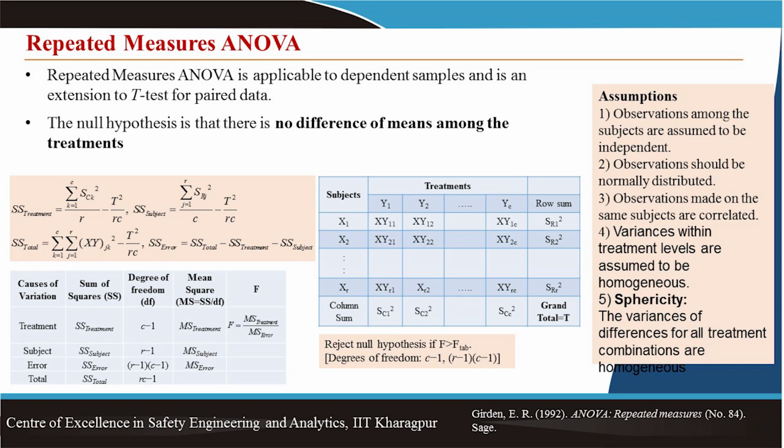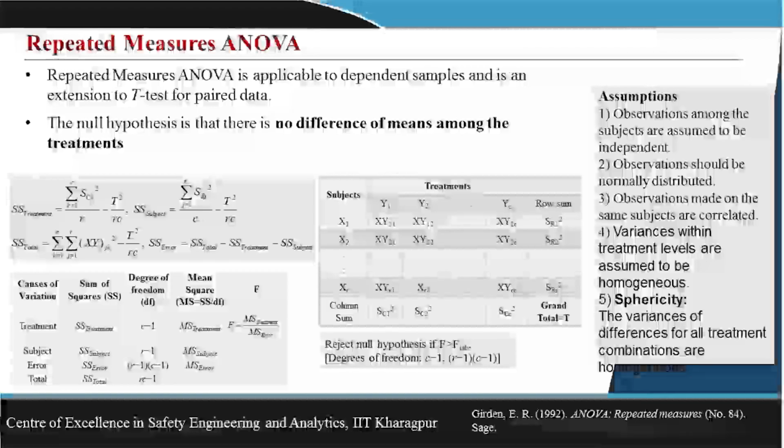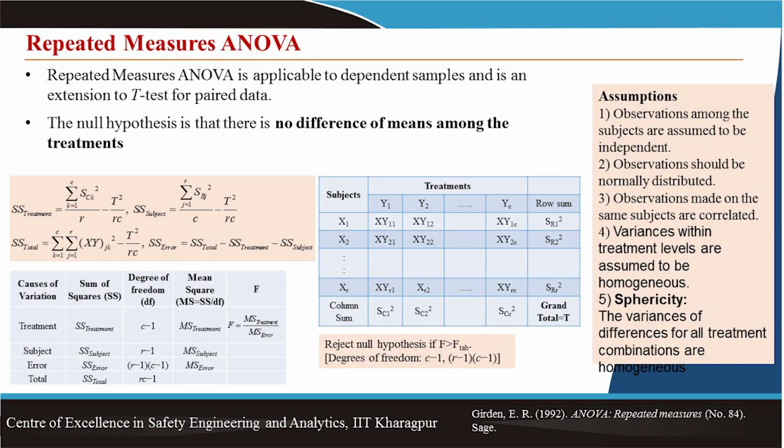Minus T square by R C, where R and C, you understand, are the number of rows R and the number of columns C. But what is T square? T is nothing but the grand total. So, grand total square, that means all the response values x11, x12 and so on will be summed up, that is the grand total. So, then obviously, you can understand that you are in a position to compute the sum square